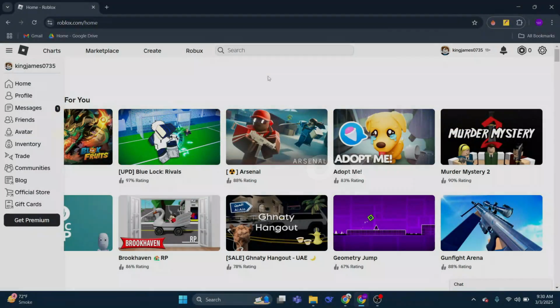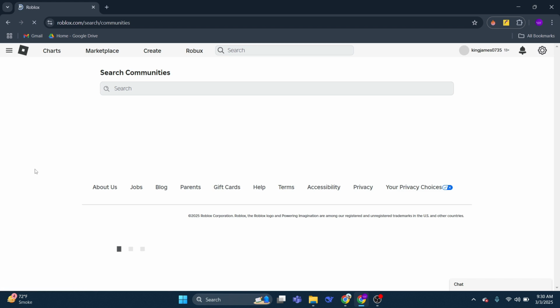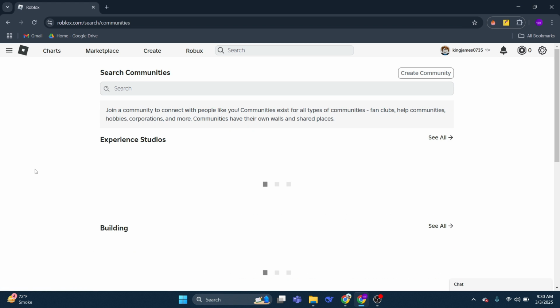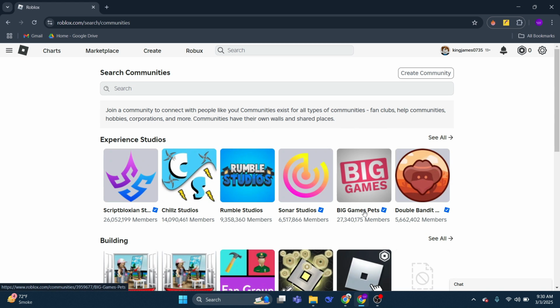Alright, let's begin. First of all, open any type of preferred browser and search for roblox.com. After that, sign into your account and you will be redirected to the home page. Once you've done that, you want to come across to the left side menu and there will be a feature called Communities. Note that groups are now renamed to Community, so just access it and you'll be taken across to